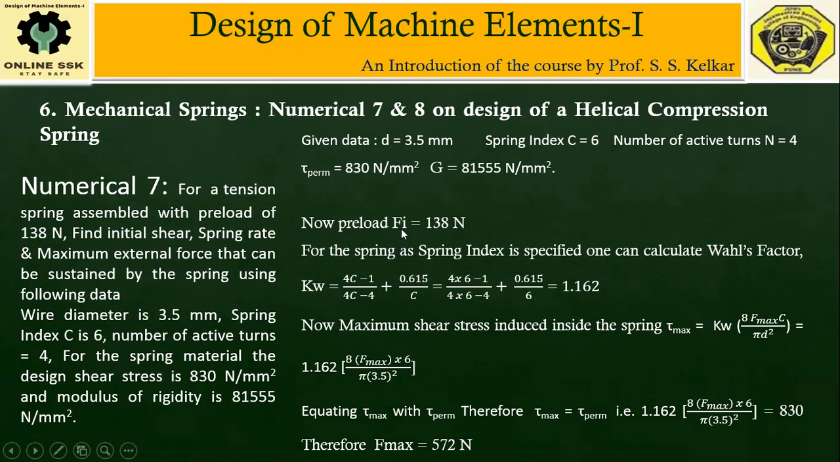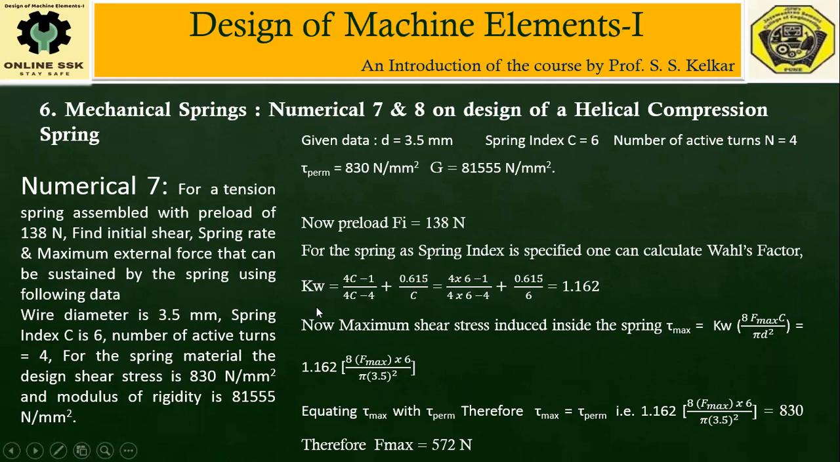Now preload Fi is specified as 138 Newton. They have specified that preload of 138 Newton. Fi is equal to 138 Newton. Now, as in this case, they have specified spring index C, therefore we are in position to calculate Kw. They have not specified the nature of the force, whether it is static or dynamic. Therefore, we are going to assume the dynamic force,